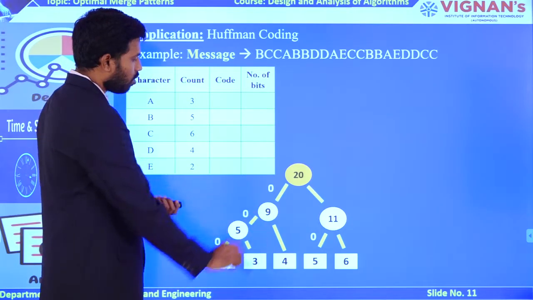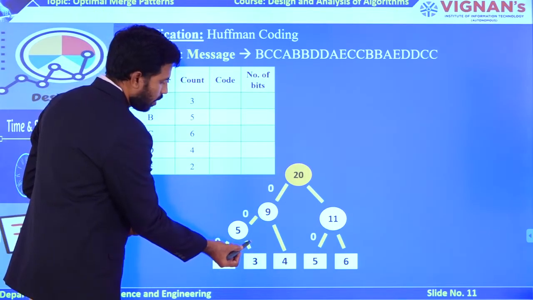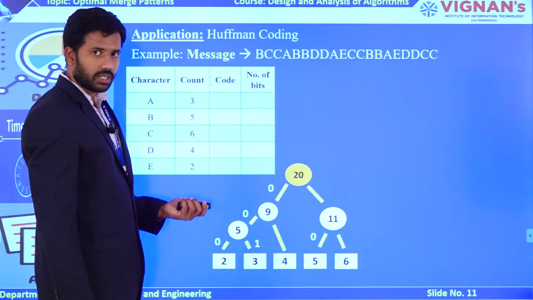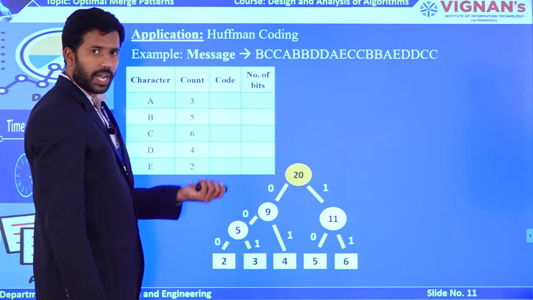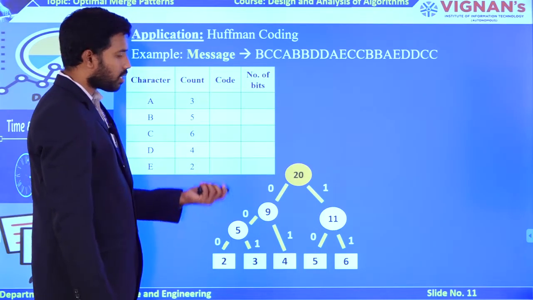Now the remaining are going to be called right subtree edges, right? So here one is available, here it is available, here also, here also. So you are going to be labeling everything with one value. So nothing but a binary number system I am following, zeros and ones. Now, how to get the codes?